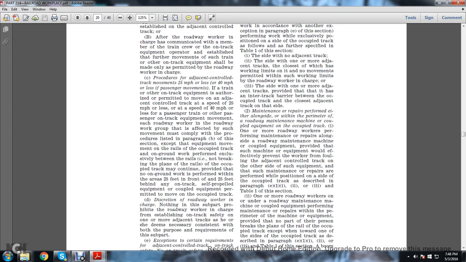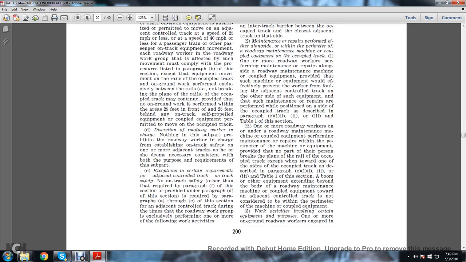And that such maintenance or repairs are performed with all positions on the side of the occupied track described in paragraph E1, E2, and E3, table 1 of this section. 2. One of the railroad workers on or under the roadway maintenance machine, coupled with equipment, and performing